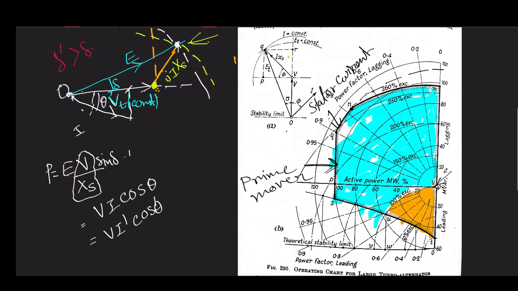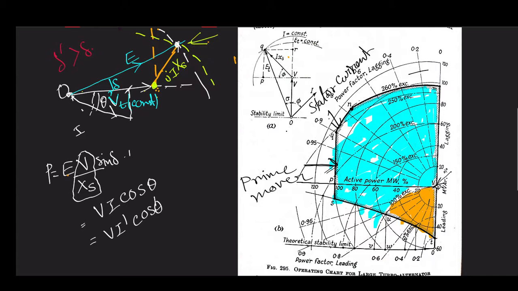Who stops us? Why is it from N instead of having this? If we follow this circular arc, the dashed one that I just drew, then it would imply a constant MVA. That means you are reducing the megawatt, but you are increasing